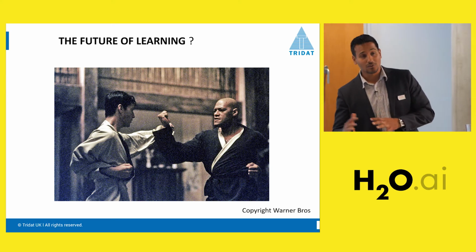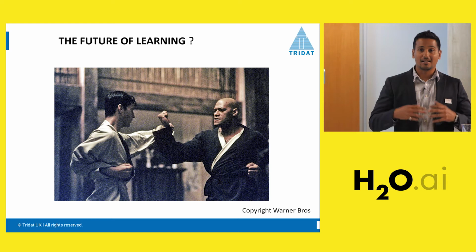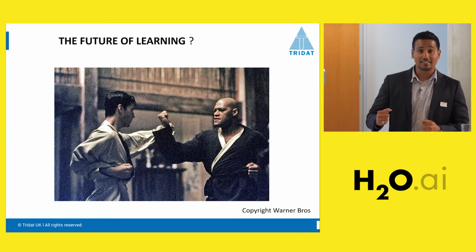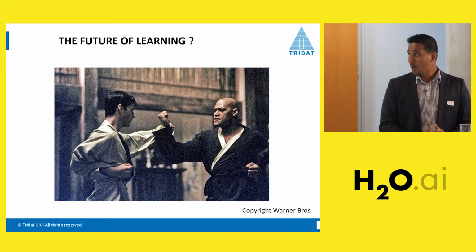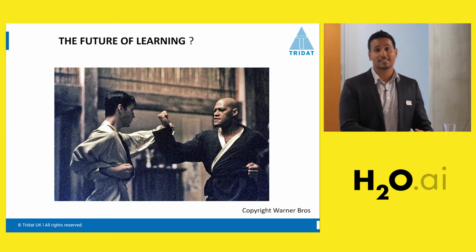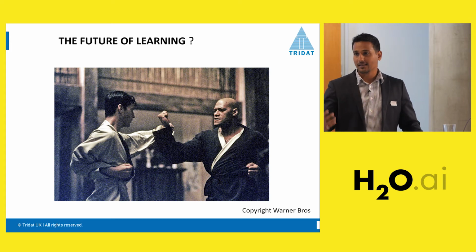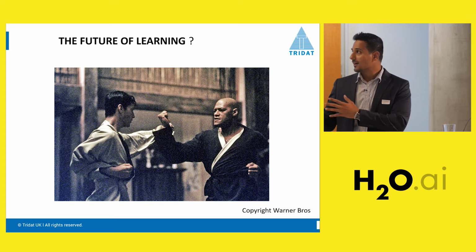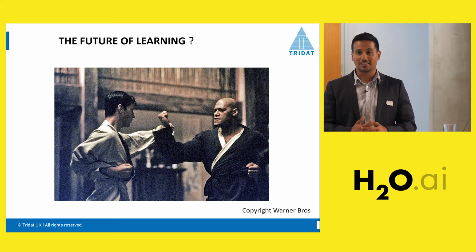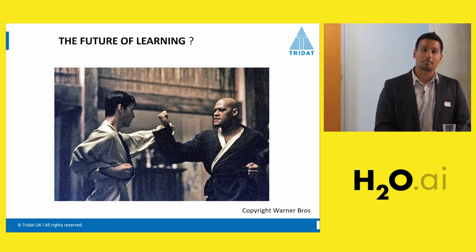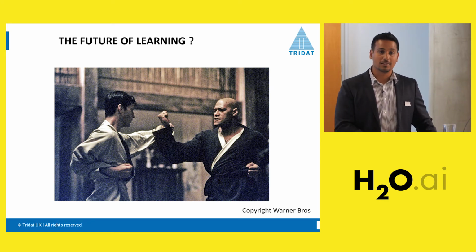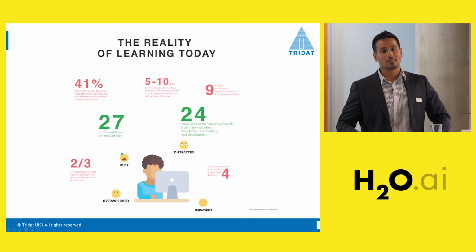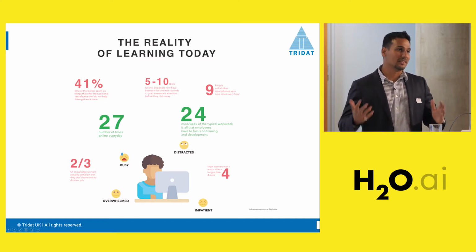And to cut a long story short, at the end of it, Neo has acquired the skill of martial arts, and he's really good at it. So that's the sort of future which Hollywood predicted of learning. But as AI is evolving more and more every day, it may not end up looking how Morpheus and Neo used it in the film The Matrix, but there could be other more interesting ways in which it could be used. So moving on from the escapist world of Hollywood into the real world,